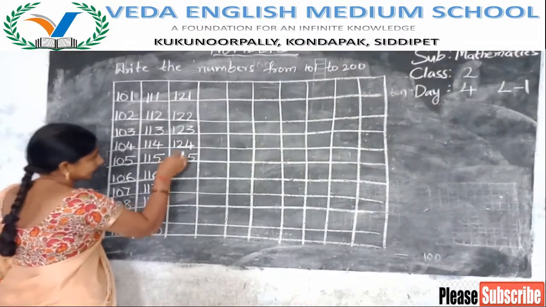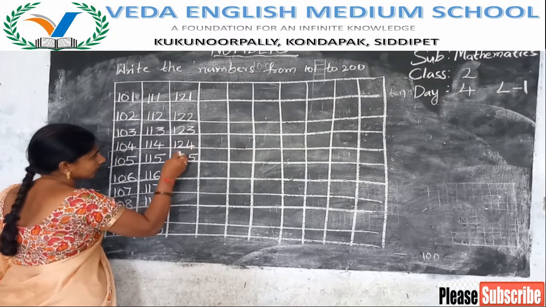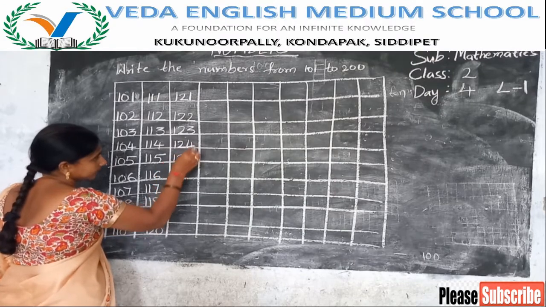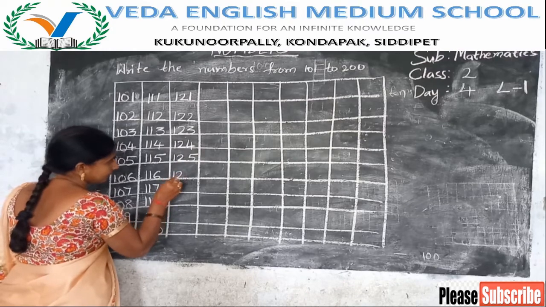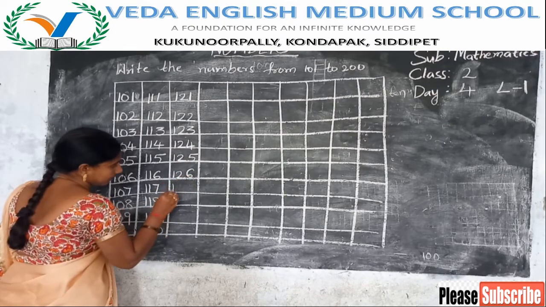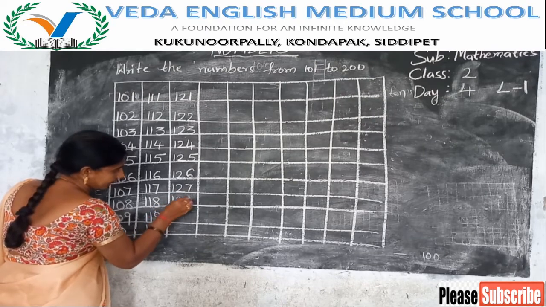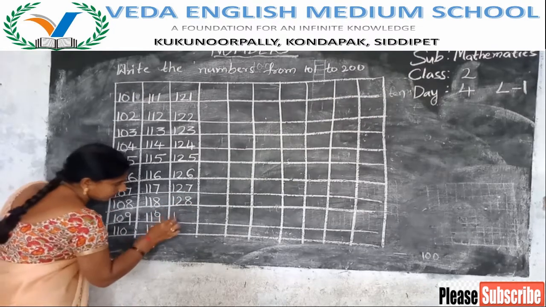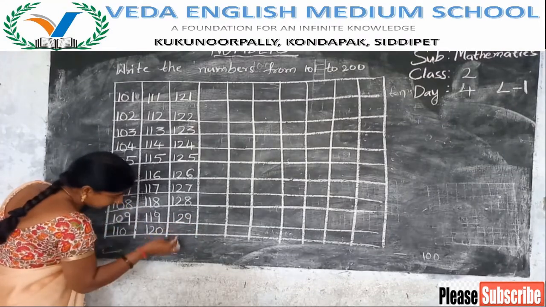You see the same. The tens place and hundreds place do not change. Only the ones place is changing here, increasing one by one. 126, 127, 128, 129. The last number